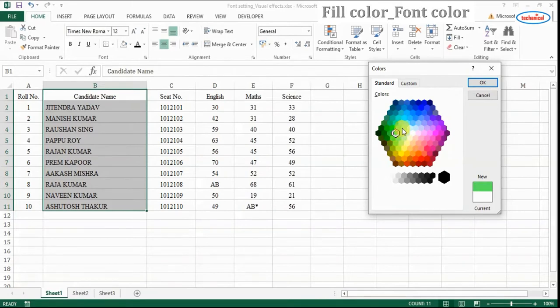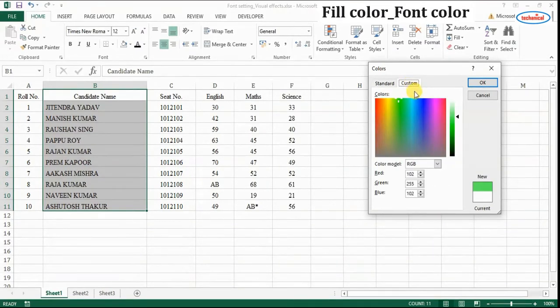In detail, if you want to customize the different shades of color, click on custom. It will give the variety of the shades of selected color from this bar. Click OK button.